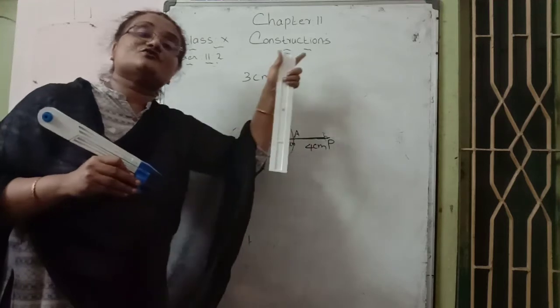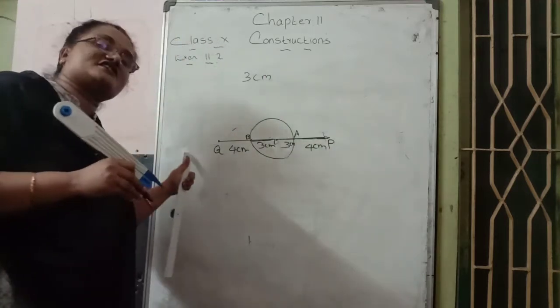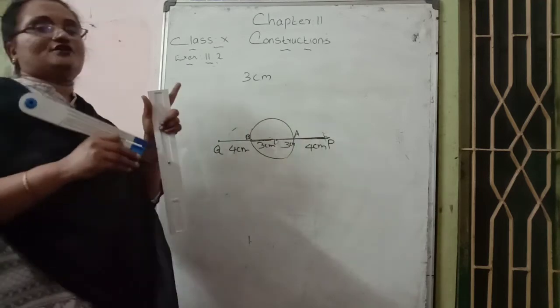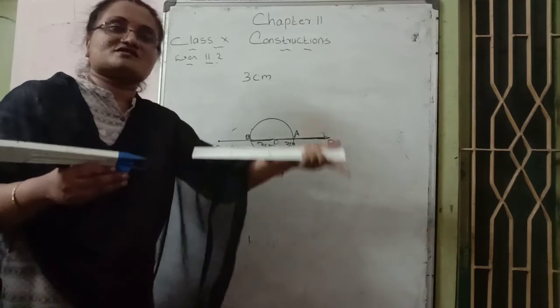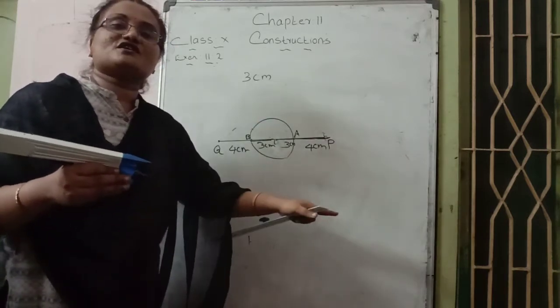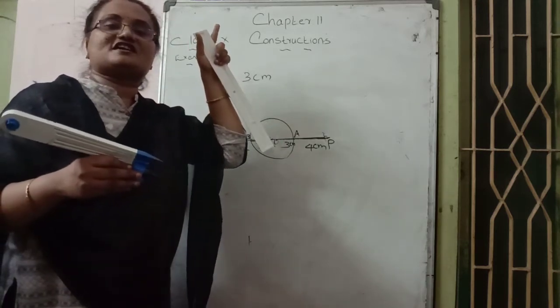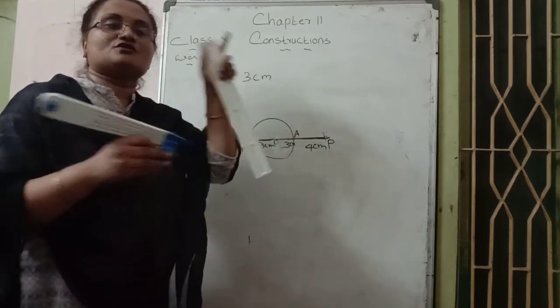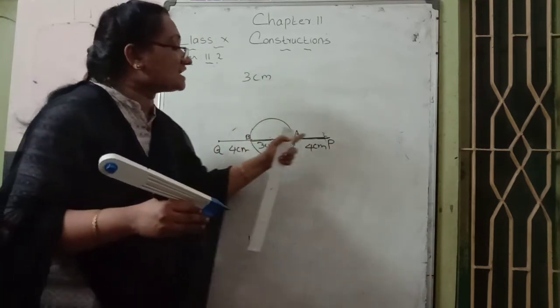Then construct the tangent for the right side part, and in the same way construct the tangent for the left side part. How to do that, construction, you know. One more circle: the first and second circle intersection points, we mark the points and join them, and we get a tangent. That is the procedure. No doubt. Then that second circle, how to draw?